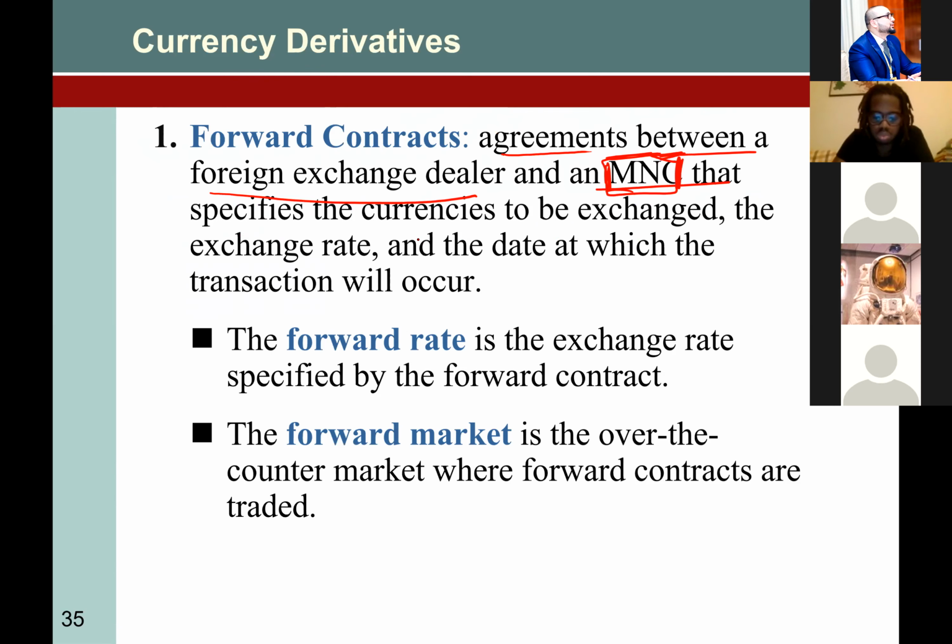So a contract between a dealer and a party, individual or company,